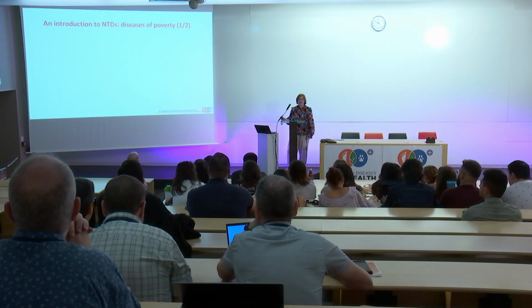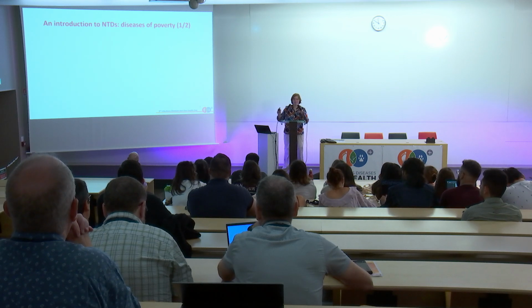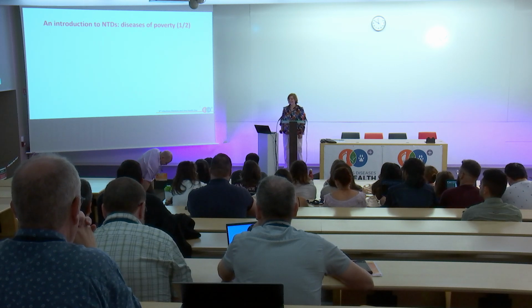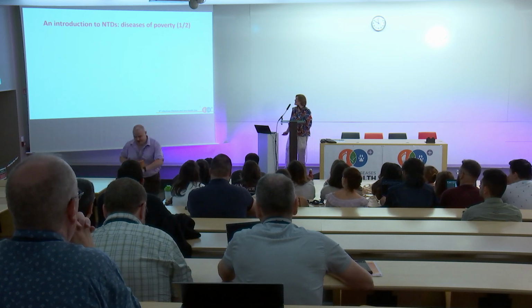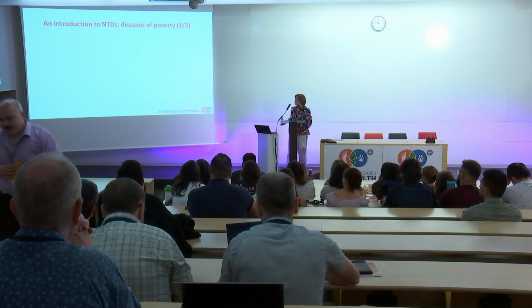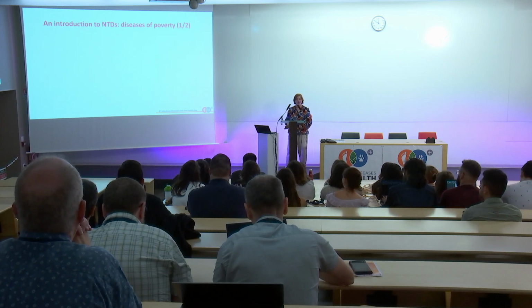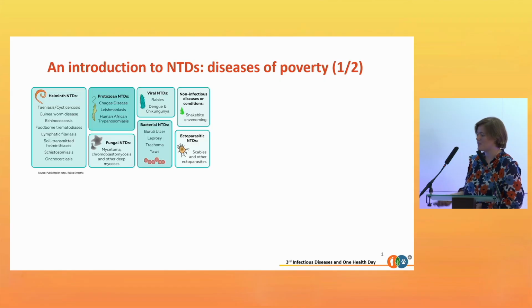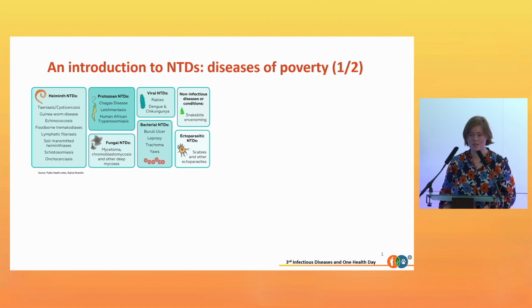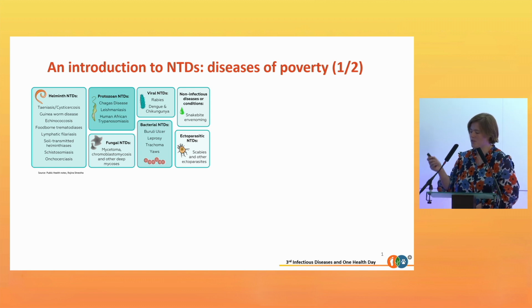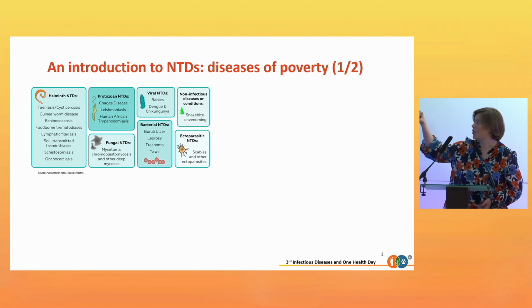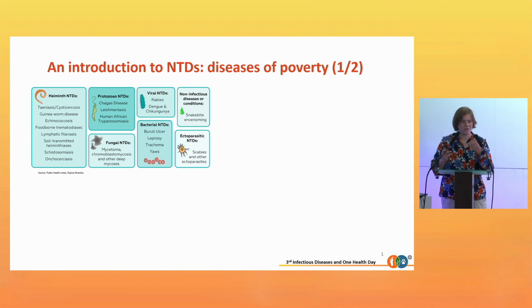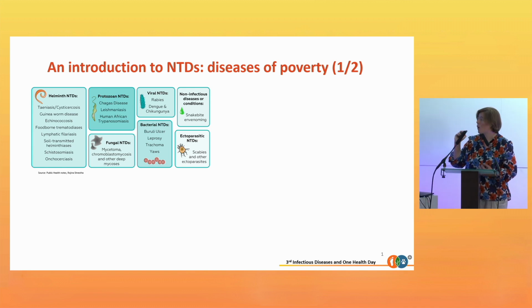So to introduce you to NTDs, neglected tropical diseases, and mass drug administration, MDA, because it's quite a mouthful, but don't mind my abbreviations. Why are they called neglected tropical diseases, and why are they in one group? Well, first, it is a very diverse group of diseases. They're mostly parasites, but there's also a non-infectious disease, which is snakebite envenoming. And why are they grouped together?